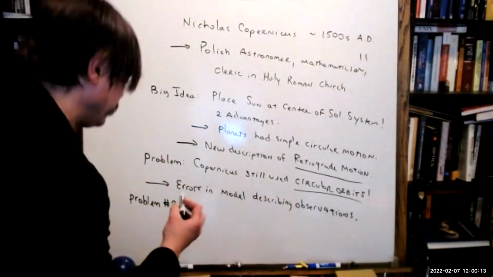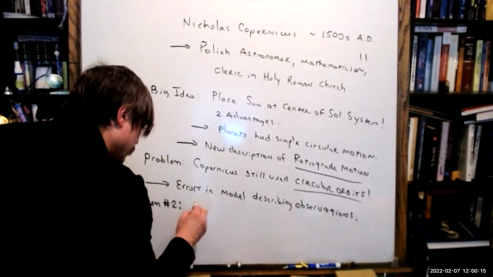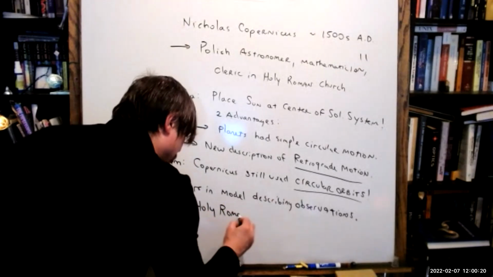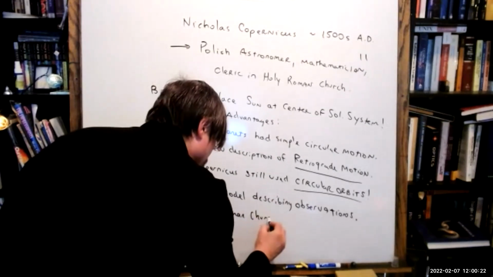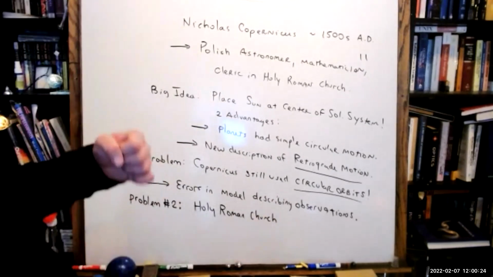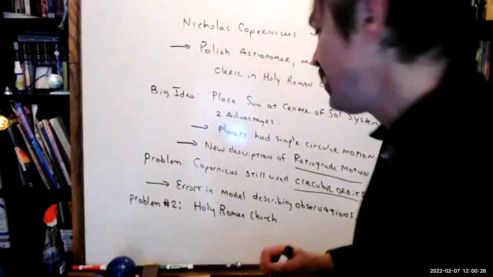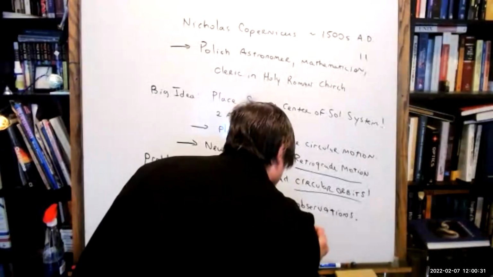And problem number 2 was that there were thinkers in the Holy Roman Church, and these thinkers were St. Thomas Augustine, St. Thomas Aquinas, and the Holy Roman Church had used